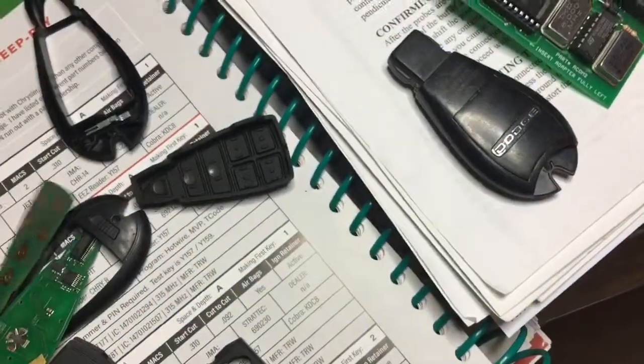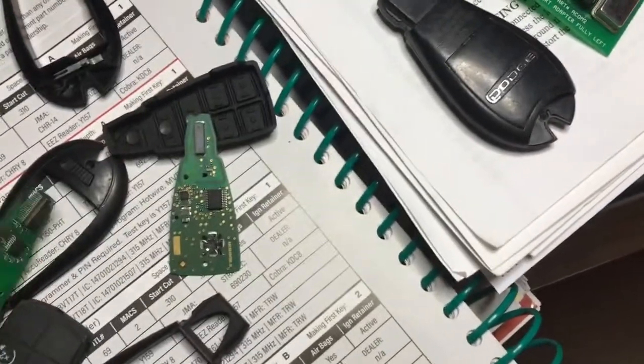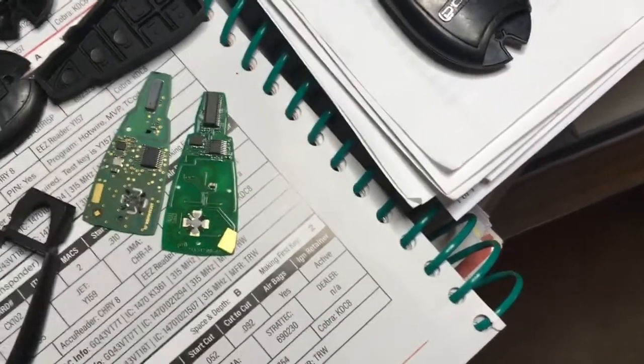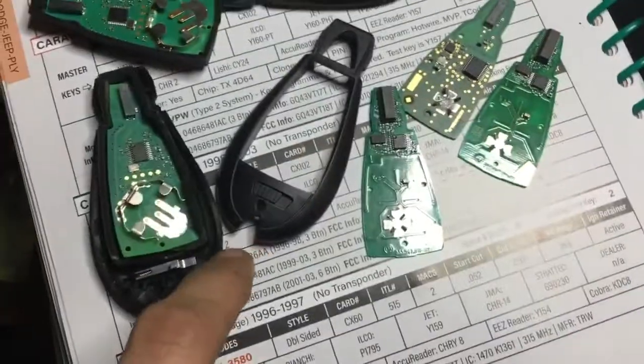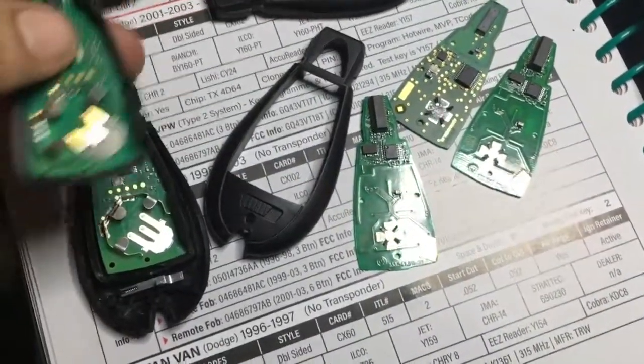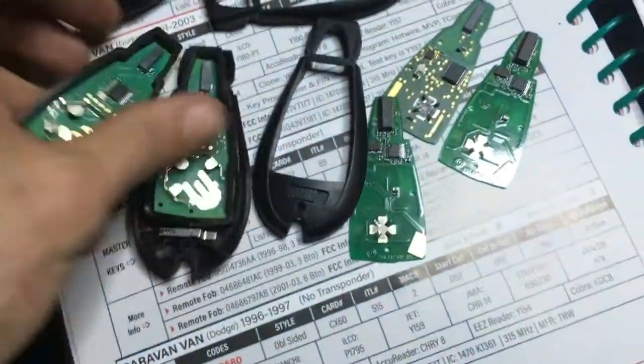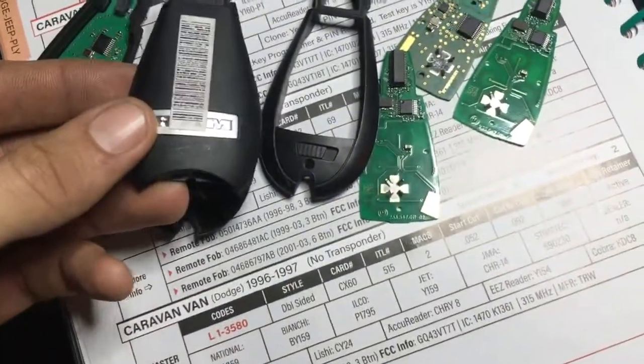This is for a RAM, so it's got a special back because the RAM has a different board than the others. Where's the RAM? Let me find the RAM for you real quick. We'll go down here to the RAM that I just got pulled apart. See, it's got a different battery mounting location, and fuck, I had one right there the entire time. I'm an idiot, but there it is. Anyways, so the RAM, see,